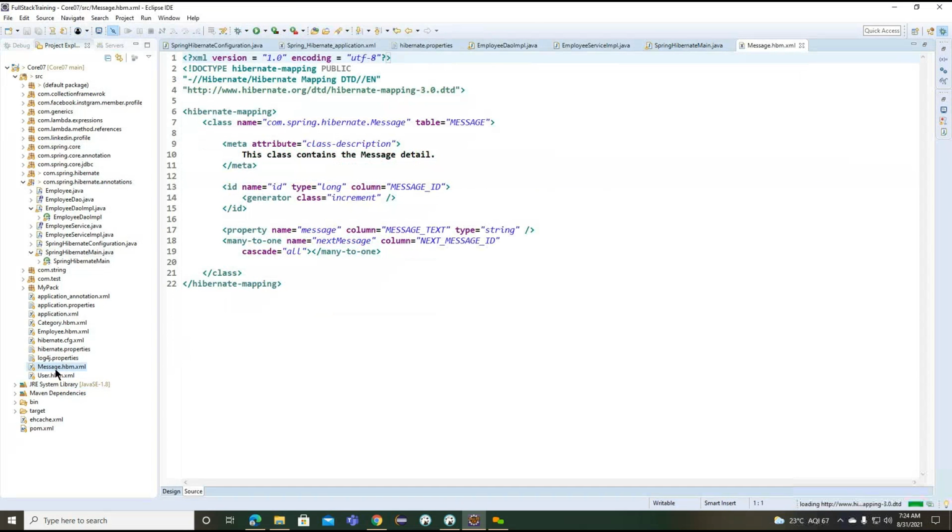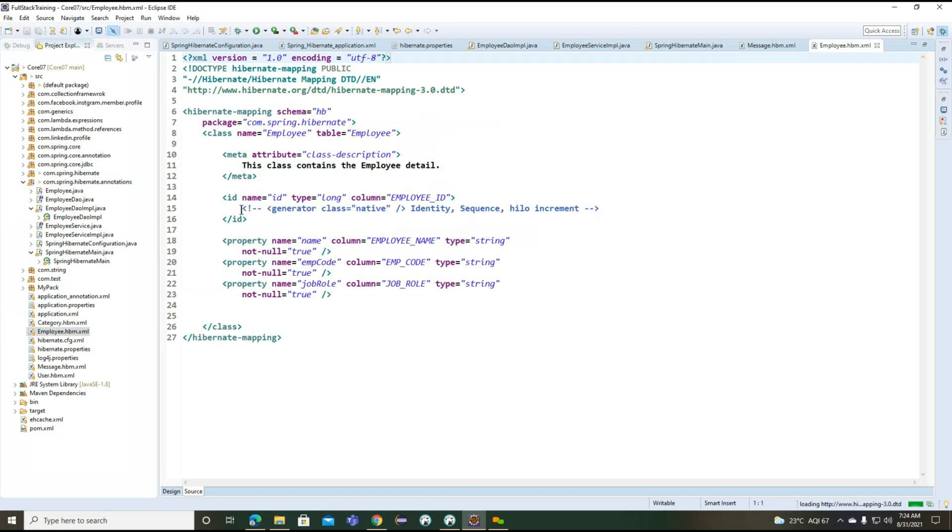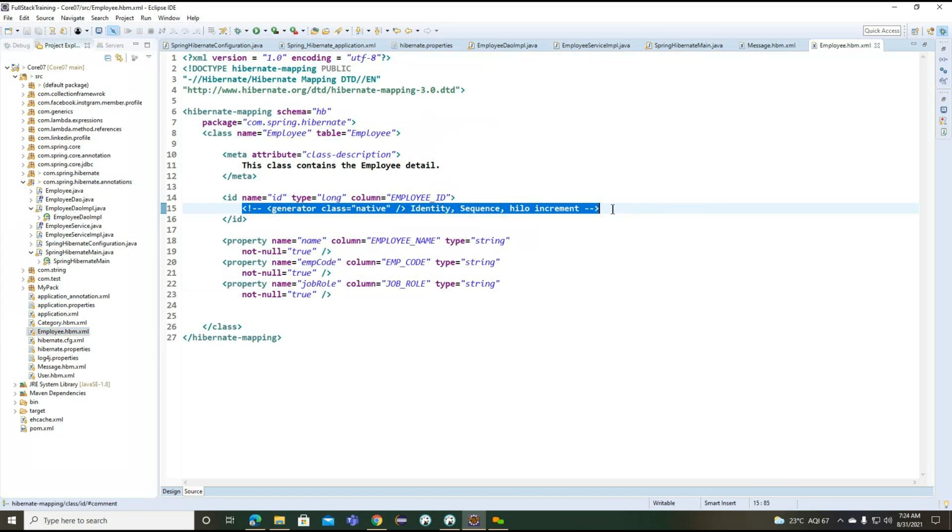Now we'll go for the employee.hbm file here. We need to use native here. The ID, yesterday we changed it.